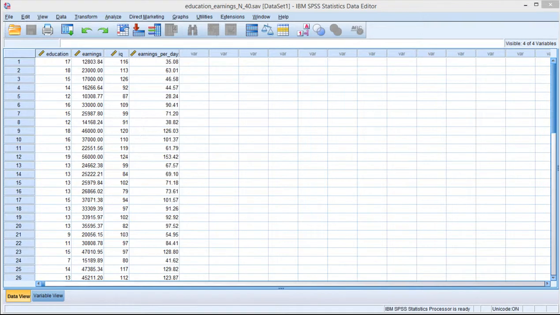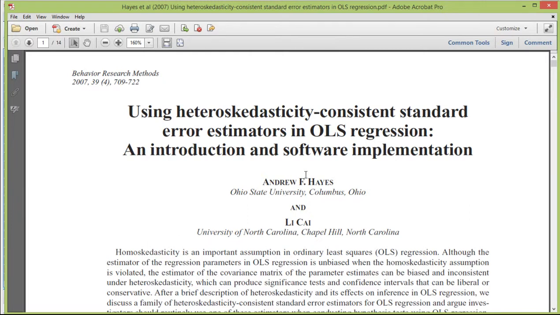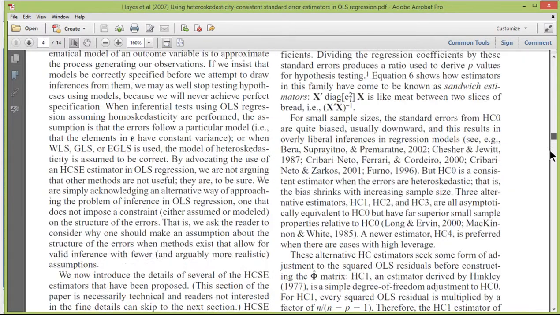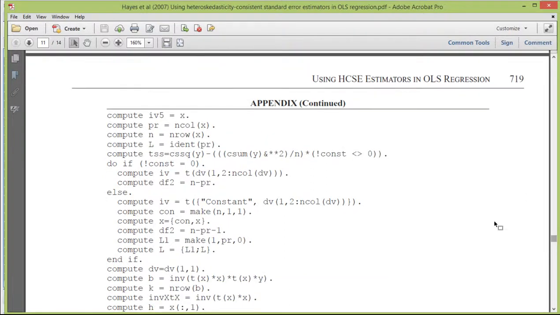In this video, I'm going to show you how to calculate adjusted standard errors so that they're more accurate when you have heteroscedasticity in your data. And the procedure is one that's provided by Hayes and Cai in their 2007 Behavior Research Methods paper. So you'll have to find this paper, and at the end of the paper, you'll see that they provided some